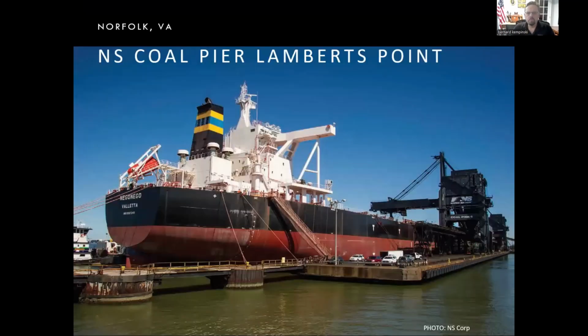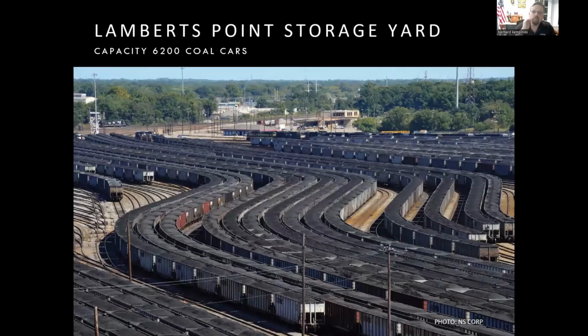We'll move on to the Norfolk Southern coal pier. Now, one of the things that you find with coal these days is there's two different philosophies for having the trains unload the coal. The Norfolk Southern uses this big device. This, at one point in time, was the largest moving machine in the world. It's not true anymore. I think the Space Shuttle launch pad has taken that record. But what they do is they store the different grades of coal right in the hoppers. And so when a customer orders coal, they will blend the coal based on what's available in the hoppers in